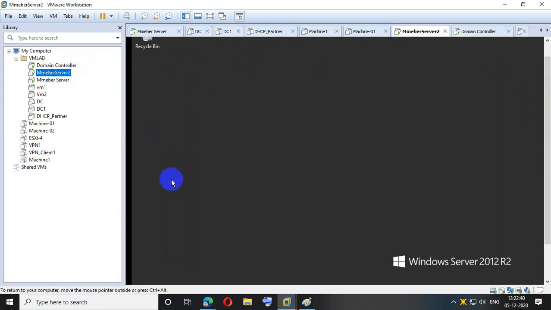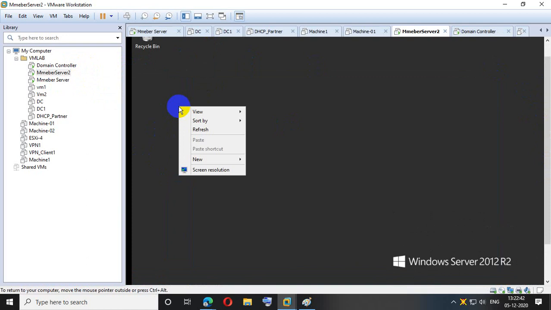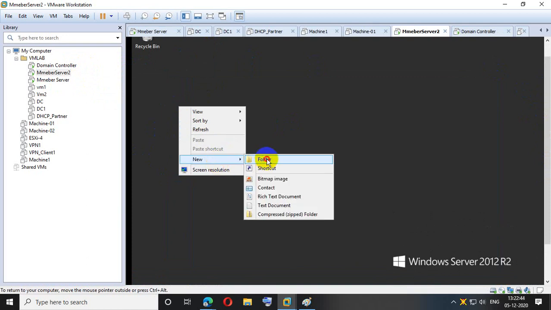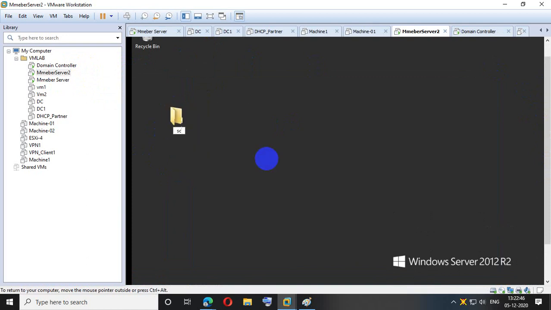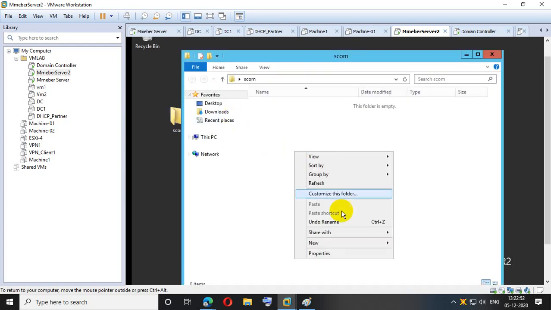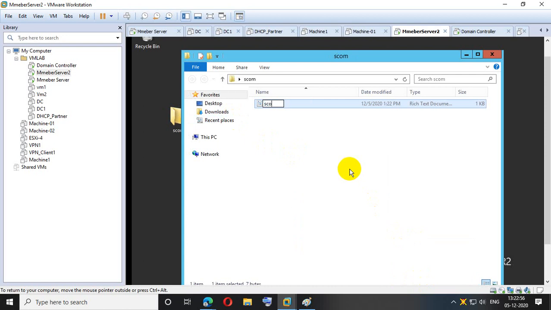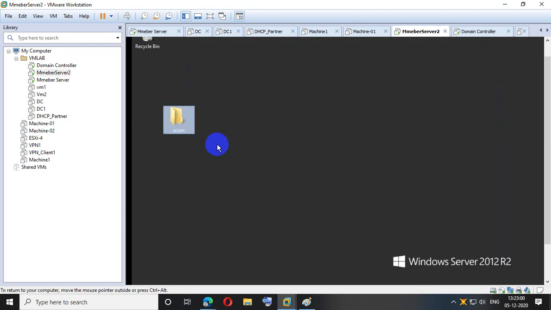Now do one thing. From here, I'm creating another folder. Let's say the folder name is com. Inside this com, I am creating another file. Now I'm just logging off there.